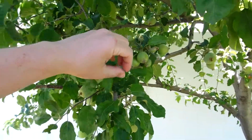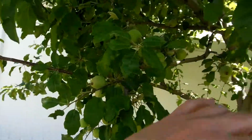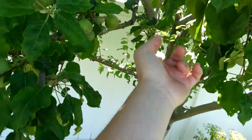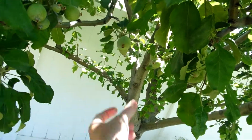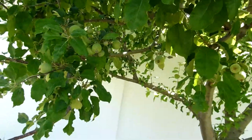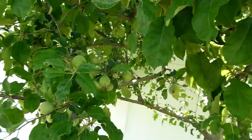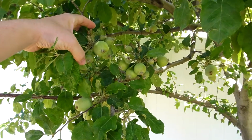So pull these off so that there's only 2 apples here, 1 apple there, 1 apple here, instead of 20 apples in that spot, because here's another one. There's 2, a big one, a medium, and then 2 tiny guys. And so this tree still senses the number of fruit. So this is 4, even though those 2 guys are probably not going to be any big at all. So by thinning it out, we're going to help make it more even, hopefully, so we can get to every year production, and also reduce our chances of infection and bugs and stuff like that, because when there's that many